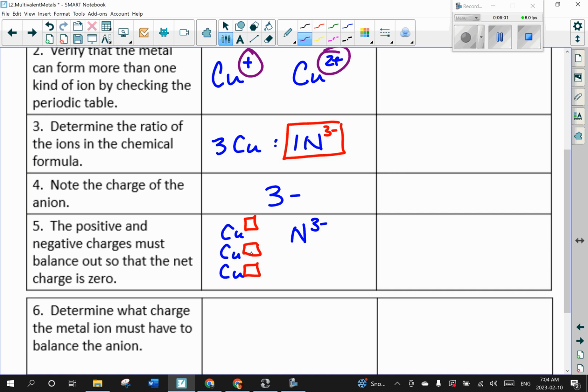If it's 1, 1, 1, I get an overall positive 3 charge. That would cancel out my negative 3. Life would be good. If it was a 2, 2, 2 charge, I get an overall positive 6, and I only have a negative 3. That does not balance. So that's the thinking that goes into this when you're determining what charge the metal ion